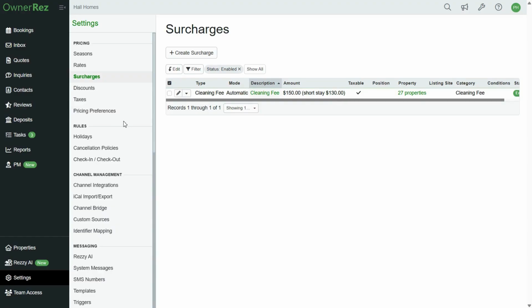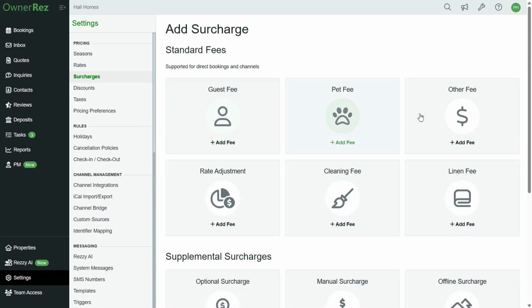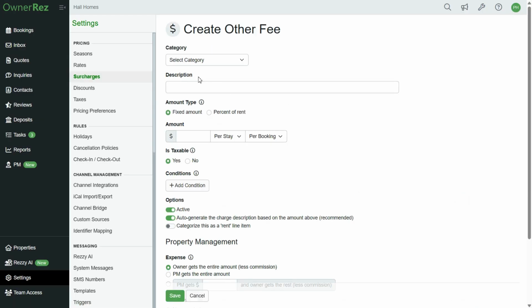We recommend that if you do decide to recoup the cost and to create a surcharge for your guest, that you label the surcharge a management fee and not a damage protection fee. This will not only ensure that the surcharge passes through to the channels, but will also present the surcharge as a general fee and not damage related. This is useful so your guests don't see damage protection and assume that they can wreck the place and be